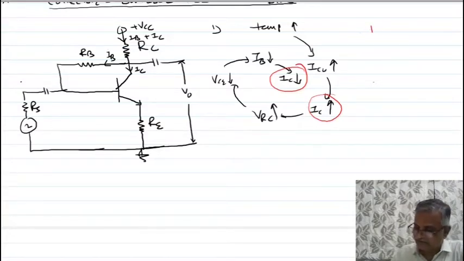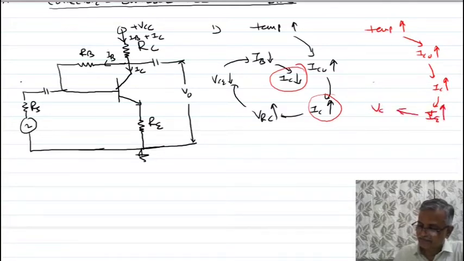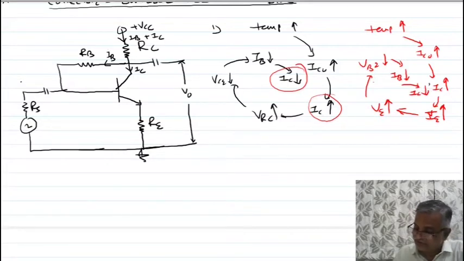Second part I am discussing. Suppose temperature increases, leakage current increases, IC increases, IE increases, voltage across emitter resistor increases, so VB decreases, so base current decreases, so collector current decreases. This decreasing collector current tries to compensate the increasing collector current due to increase in temperature. This we have already discussed in the